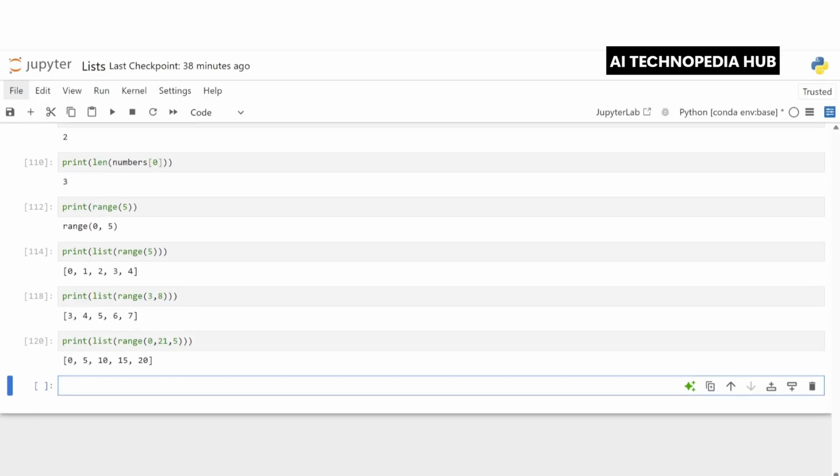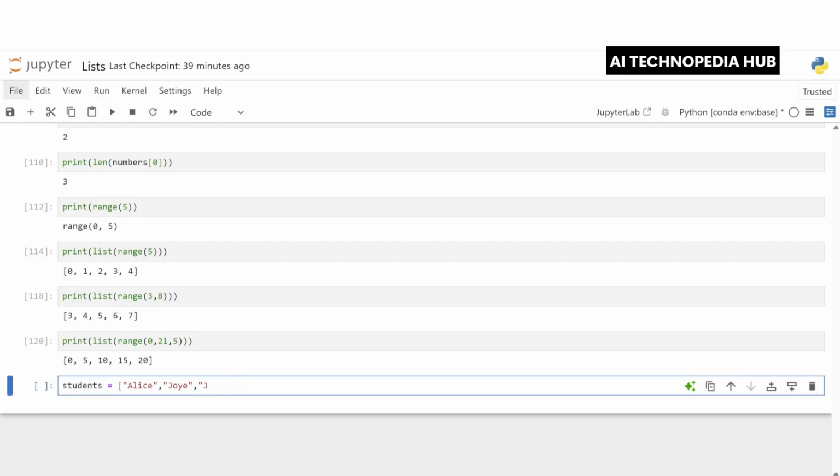Next, let's look at zip. The zip function allows us to quickly combine associated data sets. The zip function lets us merge 2 or more lists element by element into pairs or tuples. So let's take an example. Students is equal to, let's say we have a list: Alice, next let's have Joy, and next let's have Joseph.